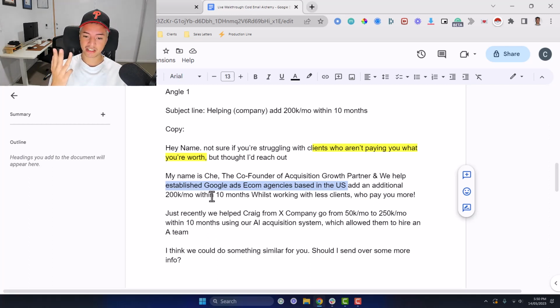And the last one is that they're based in the US, so it's not just worldwide. If you put this type of message in front of someone and you've segmented your list correctly, it's going to feel like it's specifically for them instead of just some broad message that you're broadcasting out to everyone in the world. It might only be for a couple hundred people, but if you've hit the pain points on the head and you've got your targeting right, it's going to resonate a lot more.